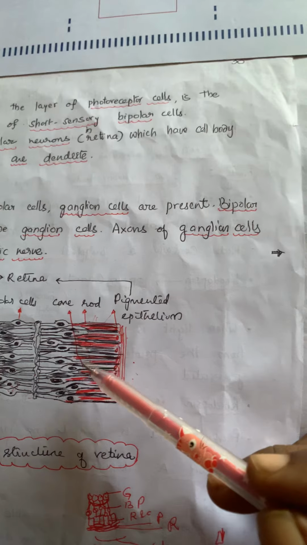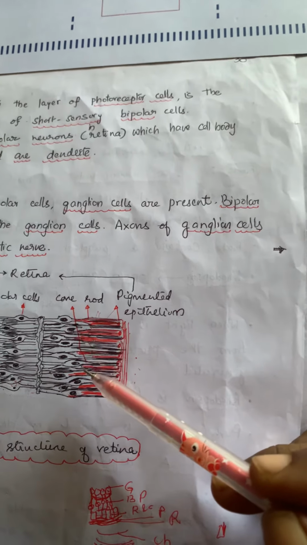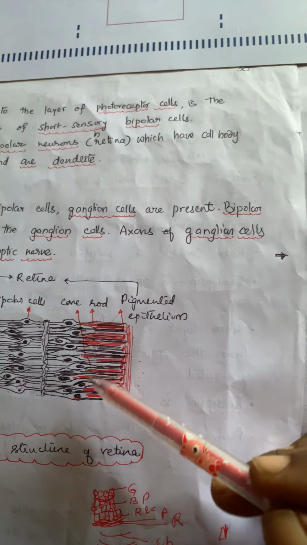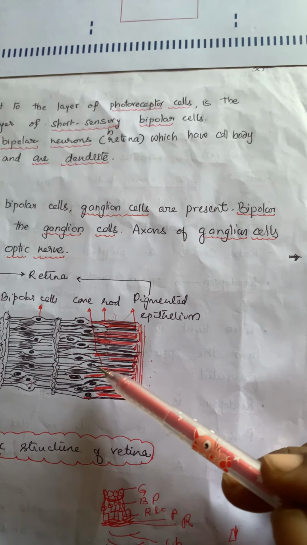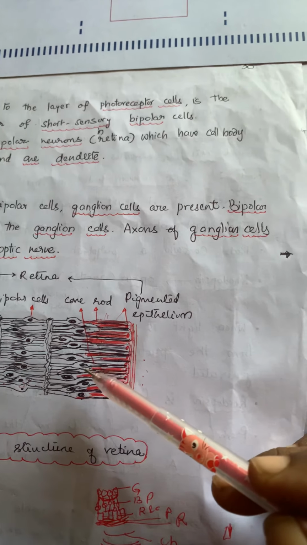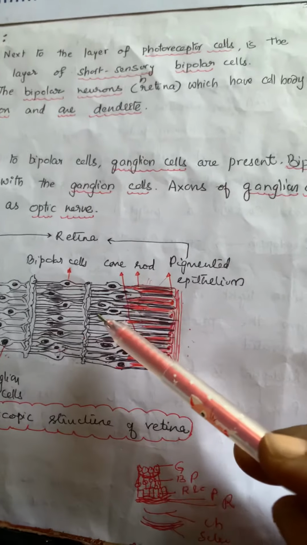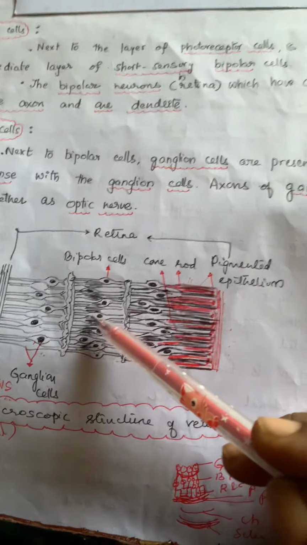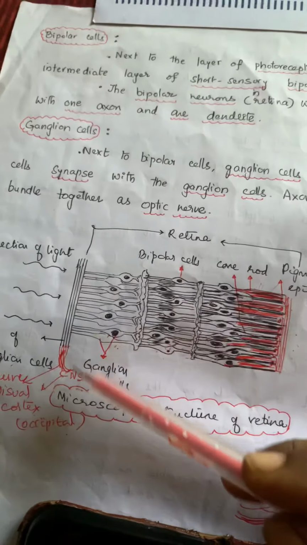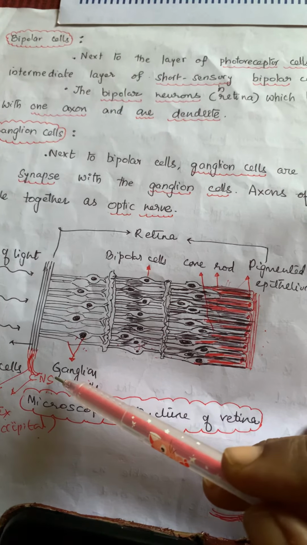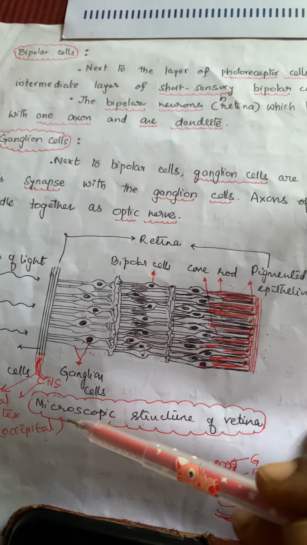Light induces dissociation of retinol from opsin, resulting in changes in the structure of the opsin. Then membrane permeability changes in rods and cones. Potential difference will be generated in the photoreceptor cells. It generates action potentials in the ganglionic cells through bipolar cells. Action potentials are transmitted by the optic nerve to the visual cortex present in the occipital region of the brain.